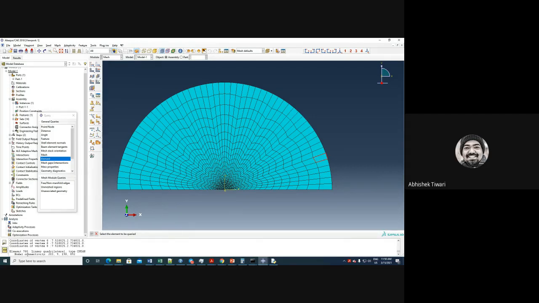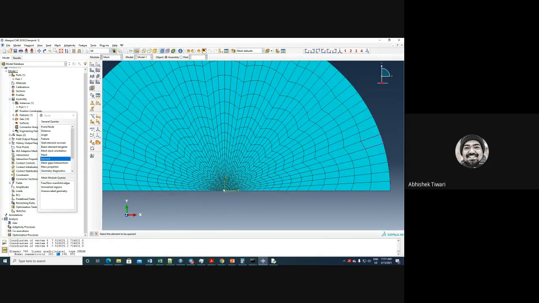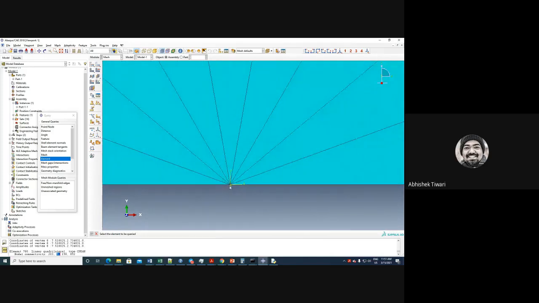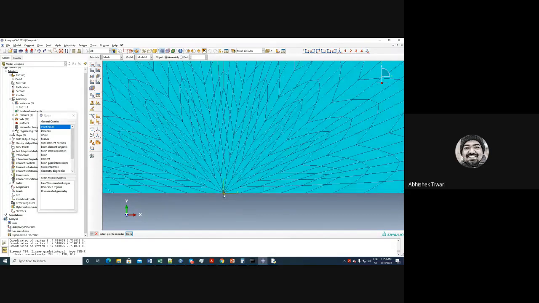So element information gives me a nodal connectivity of 203, 9, 198, 892. I think it should be 9. Node number should be 9. So 1 should start here, then 2, 3, 4, 5, 6, 7, oh, 7 and 8. That means here the node should be 0. Yeah, let me find out. Can we find out where the node is? Oh, we can do something. We can do something.